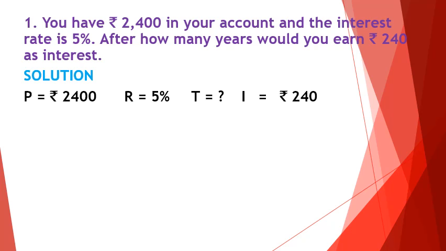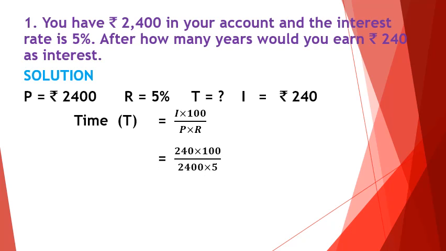Now, do you remember the formula to find the period? Yes, T equal to I into 100 upon P into R. Now you substitute the value over here, that is 240 into 100 whole divided by principal 2,400 multiplied by